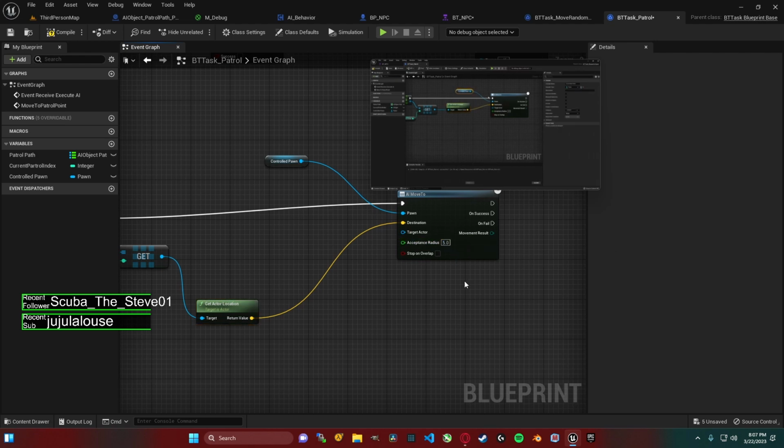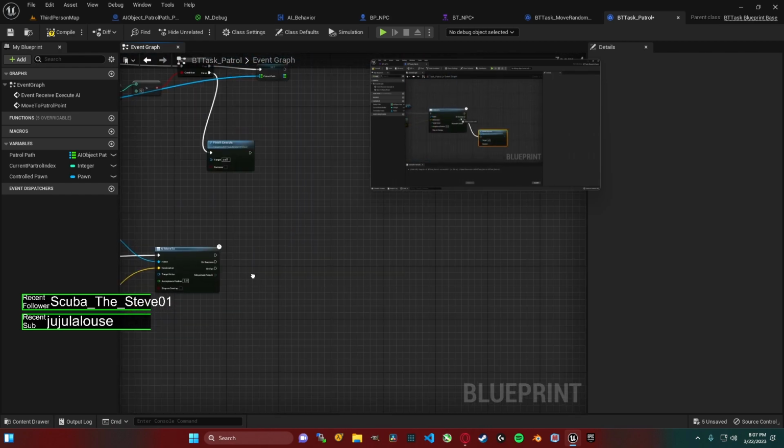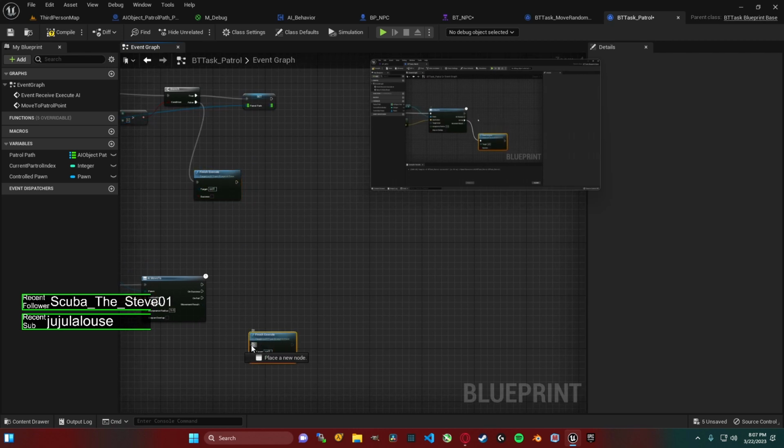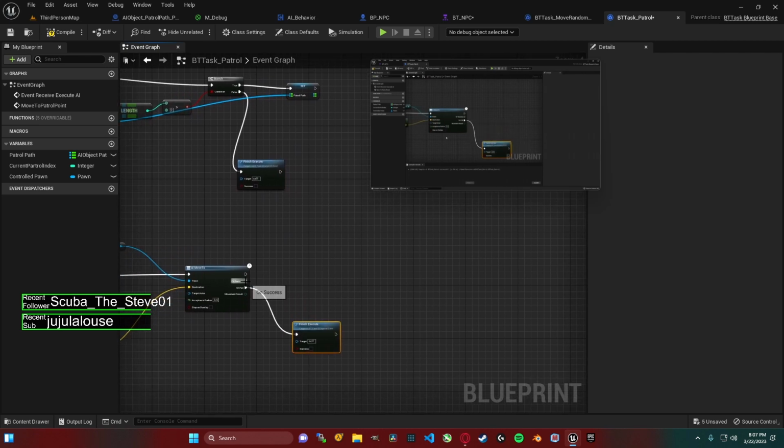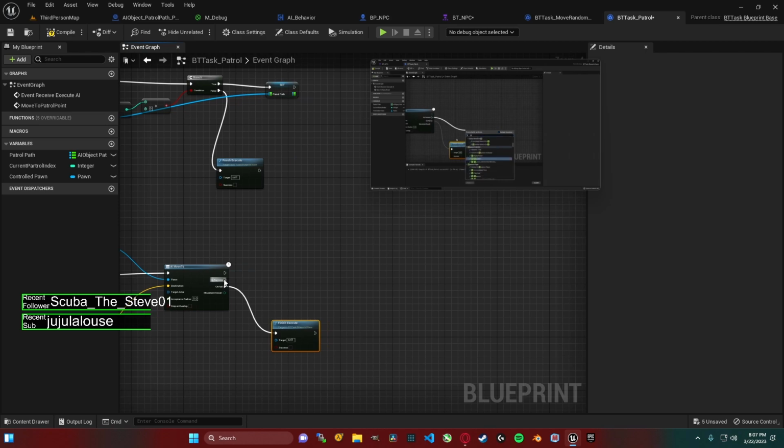And on success of this AI move to, actually let's do on fail first. On fail will be the same. It will just fail and finish execute, and then that. If it does succeed though, we want it to not finish the whole thing. We want it to wait for a certain amount of time. So on success here, we do set timer